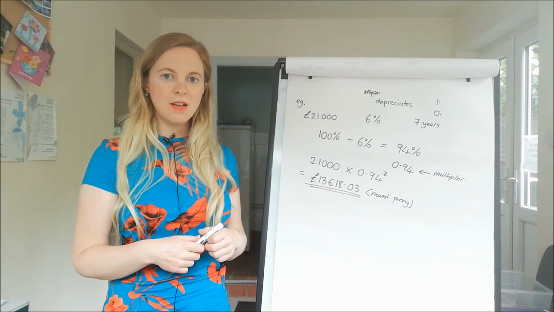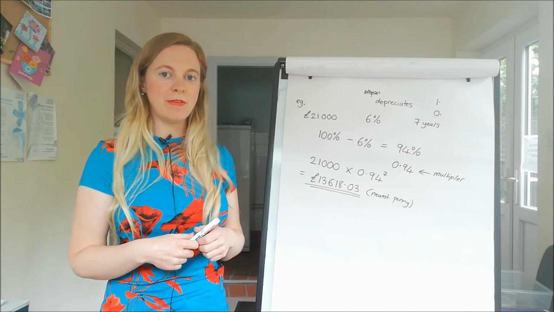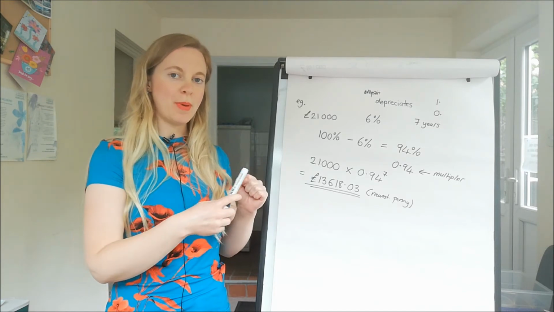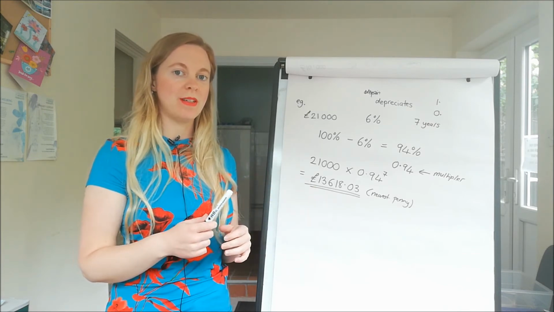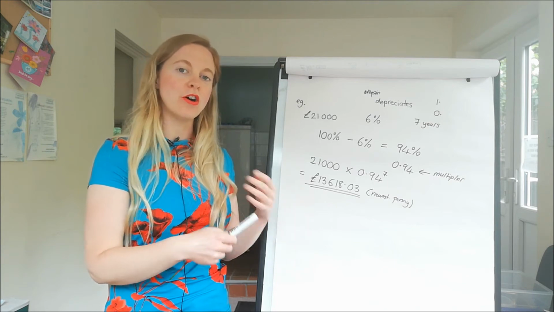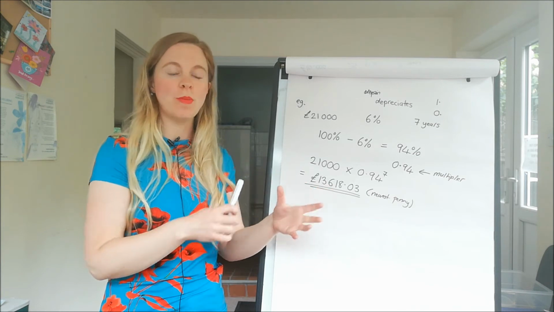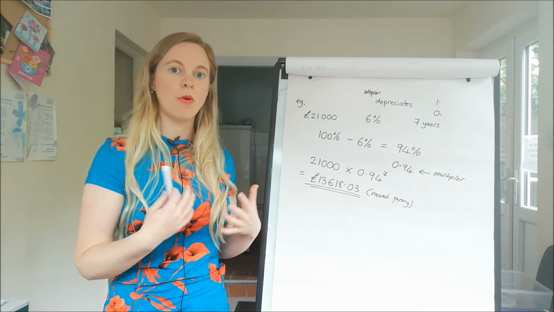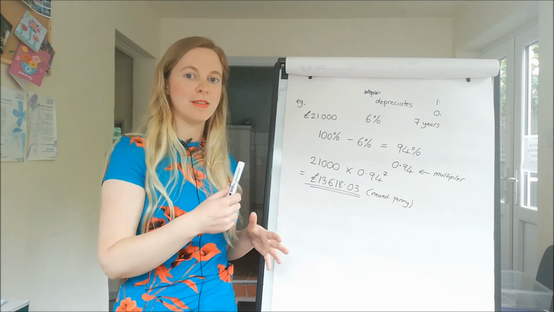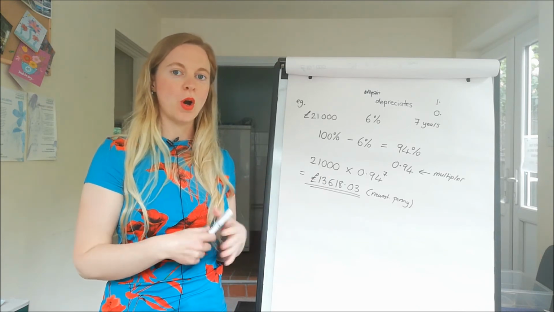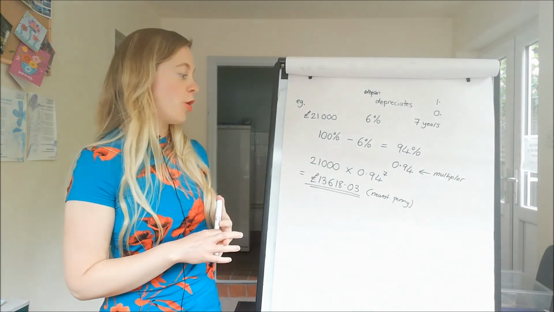Okay. These questions are generally quite easy to spot on exams because they're referring to a percentage that's happening again and again over a certain period of time. So it could be that it's happening every week or every month or every year, but a percentage will be applied every so much period of time. And that's why it's called repeated percentage change, because that percentage change is being repeated every month or every year or whatever. So they're quite easy really to see on exams, and as long as you know the formula